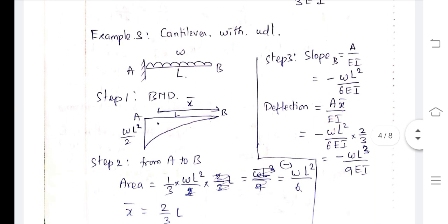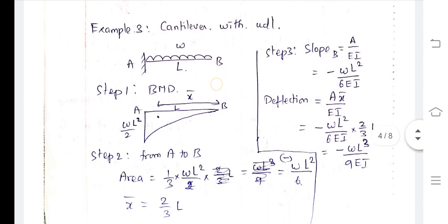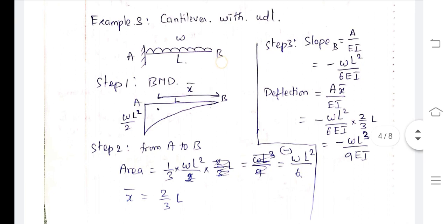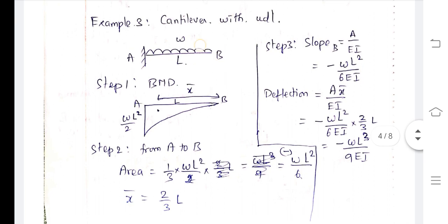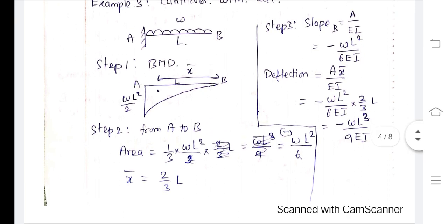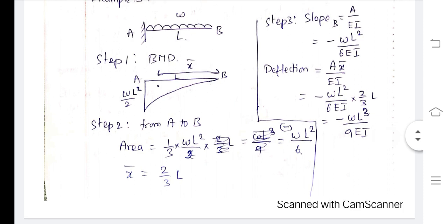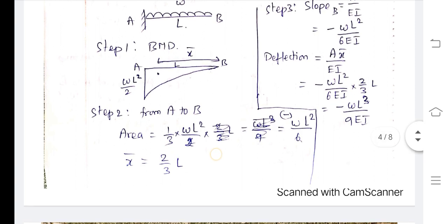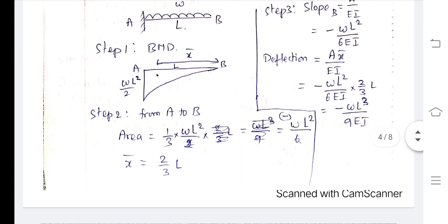So next example, a cantilever with a UDL throughout the length, that is from A to B. The total length is L and the intensity is small w. So step 1, bending moment diagram. You can see that it is a parabolic curve. So this shape has an area of 1 by 3 base into height, and x bar is